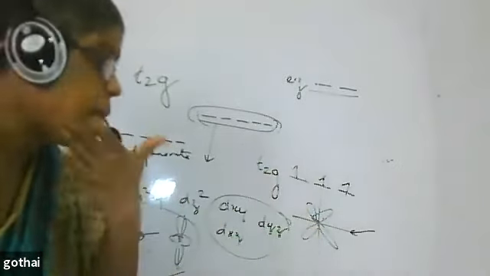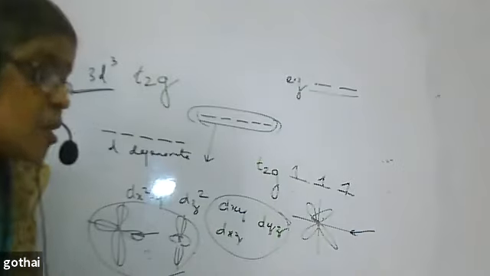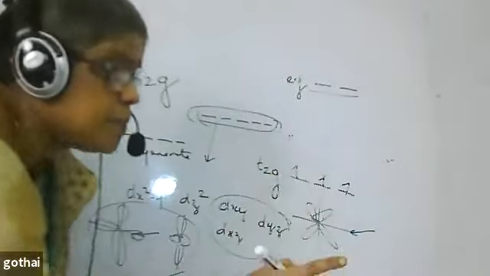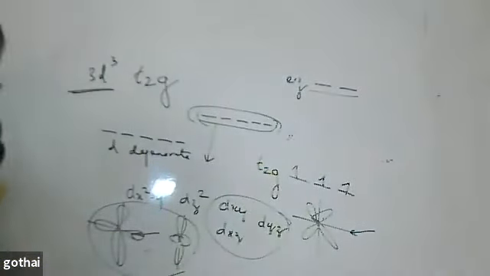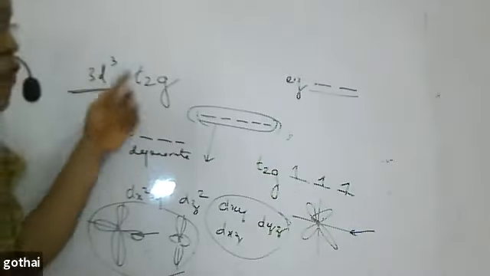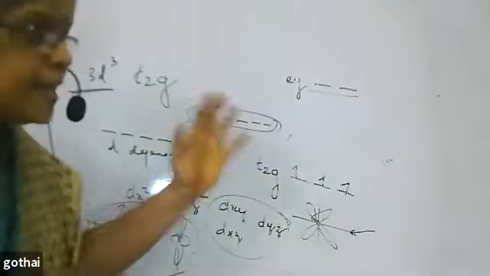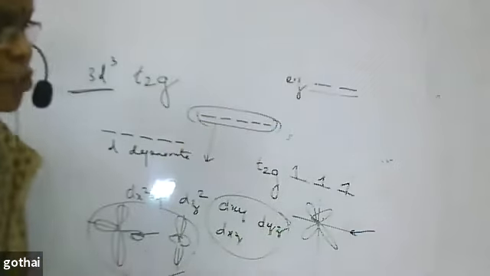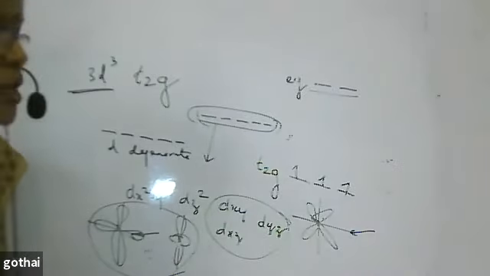Ma'am, you might be telling me that d5 is also half-filled. Yes, d5 is also half-filled. d3 is also half-filled. This type of configuration is possible only in the d block, especially for chromium and vanadium, which we will be talking about. Because in other elements, the number of electrons becomes more than 3, so you will not see that. Chromium and vanadium only, we can see this. So d3 is also a stable configuration.